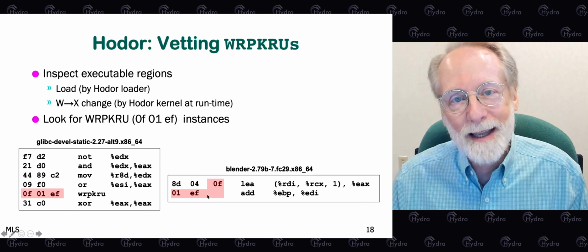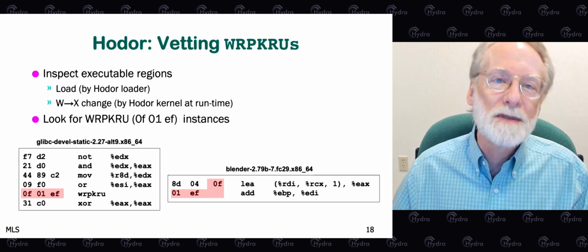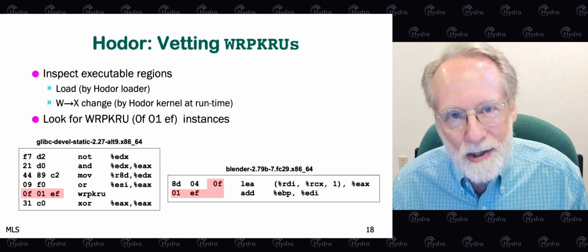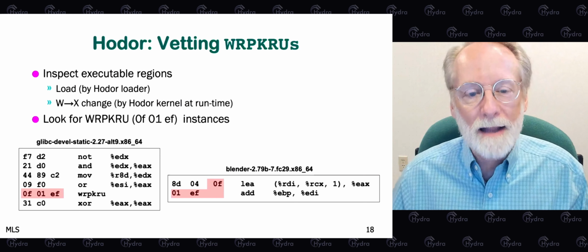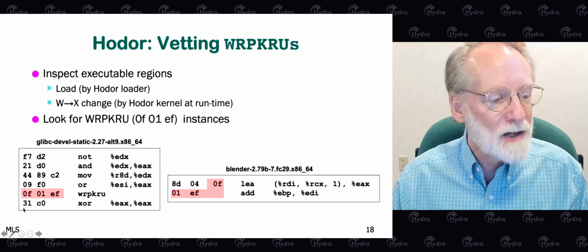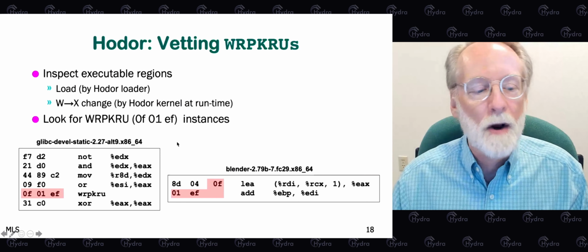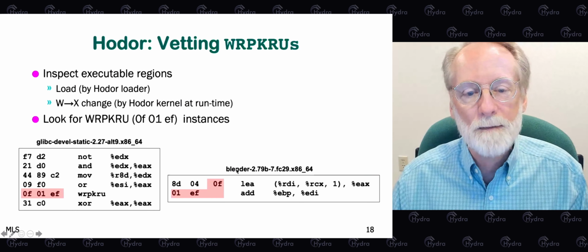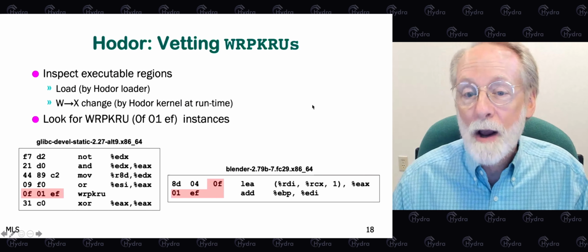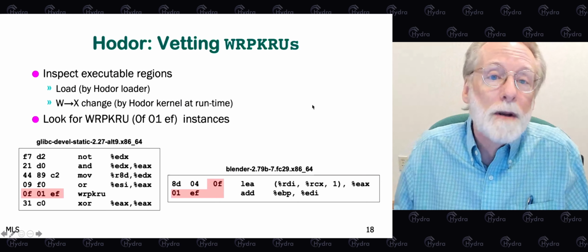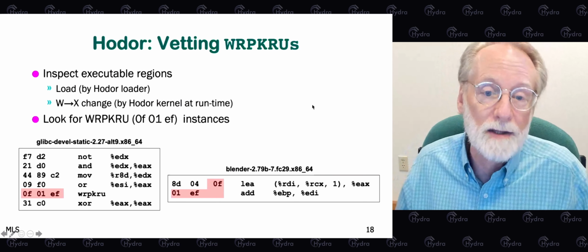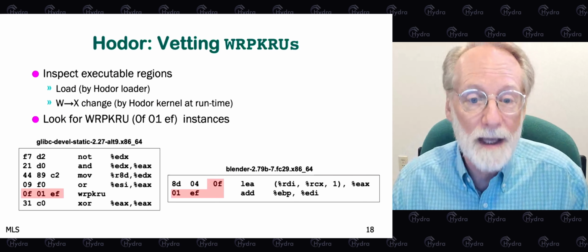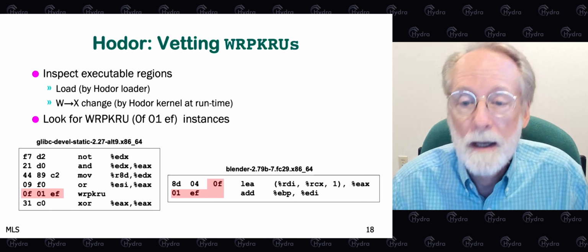And unfortunately, it is undecidable to decode x86 instructions. So we can't tell at load time whether something is actually an instruction as shown on the left, or is a misaligned sequence of bytes as shown on the right, or is perhaps an embedded floating point constant in a load immediate instruction that just happens to have that 3-byte sequence as well.